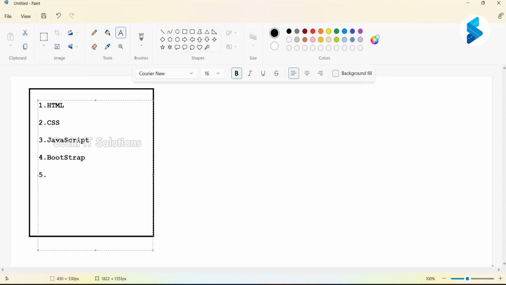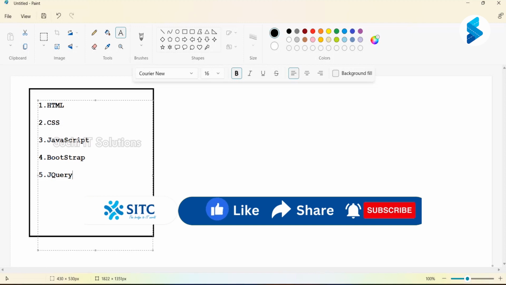Sometimes we are going to use the jQuery library also. So what is the purpose of the jQuery library? For example, you people might be experiencing this kind of functionality, especially in online applications. Suppose you select a country, the related states drop box is going to load. If you select a state, the related districts are going to load. If you select a district, based on that the cities are going to load. That kind of dependent dropdown functionality, if you want to develop it,